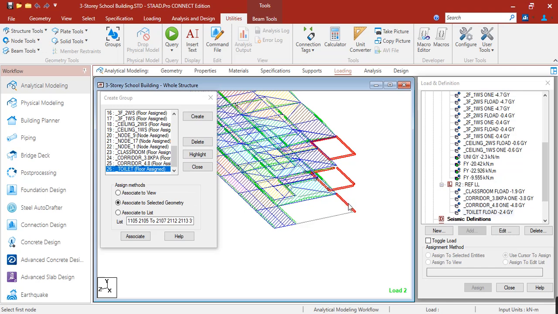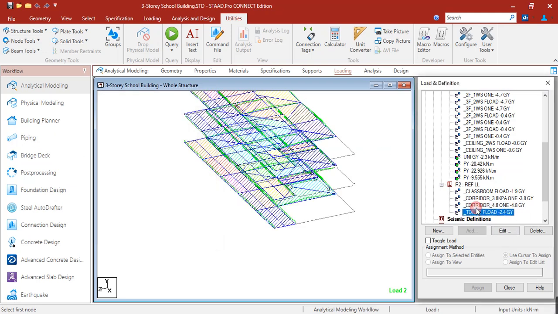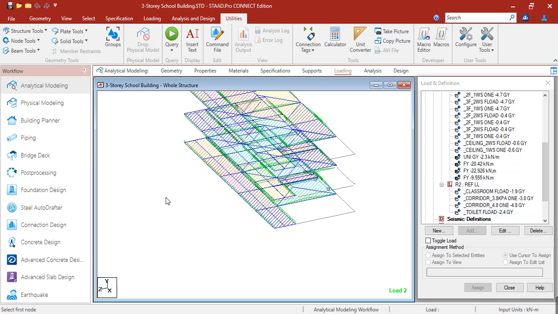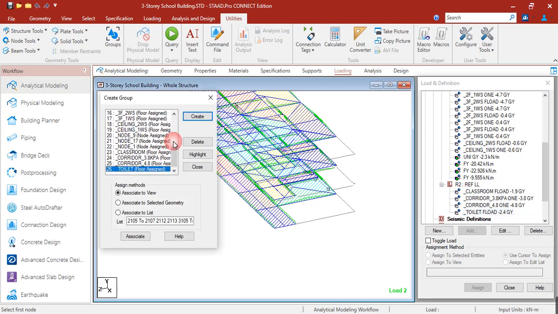So let's remove this beam 1105. To do that, just click on the list, then manually delete 1105, then click associate, or you can just unselect this beam, then click associate. Let's check again.